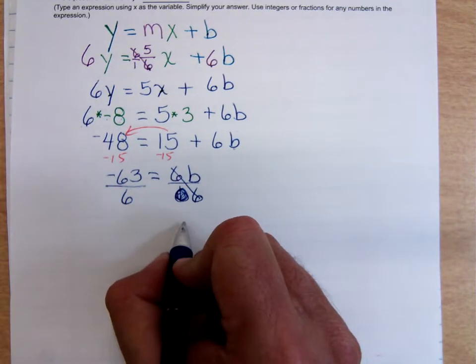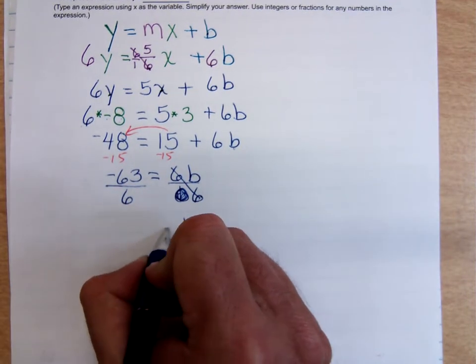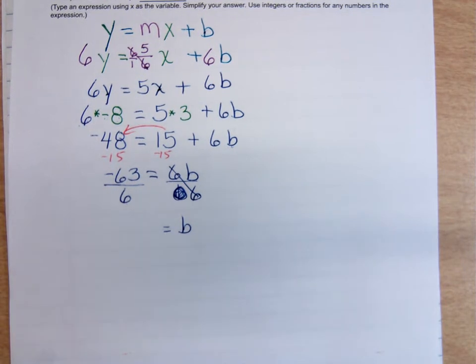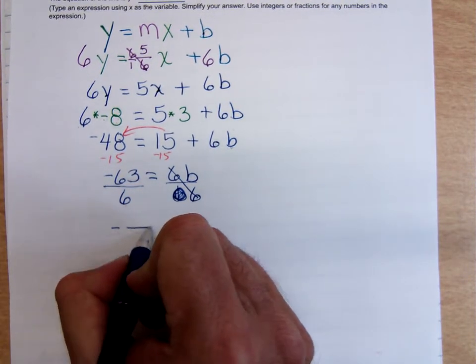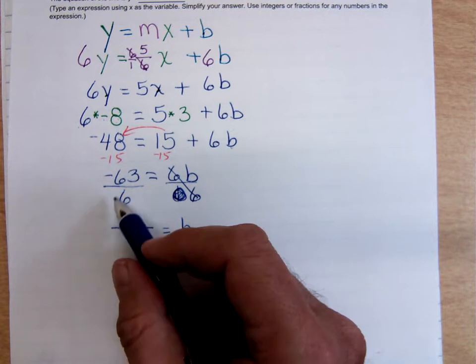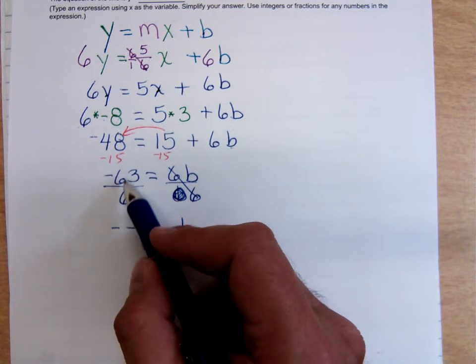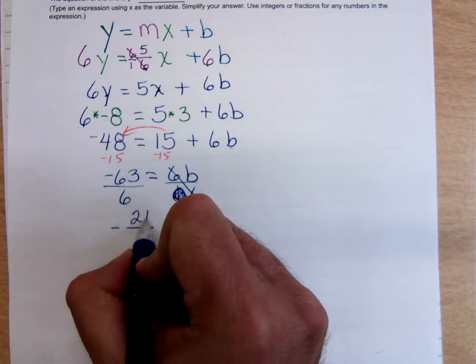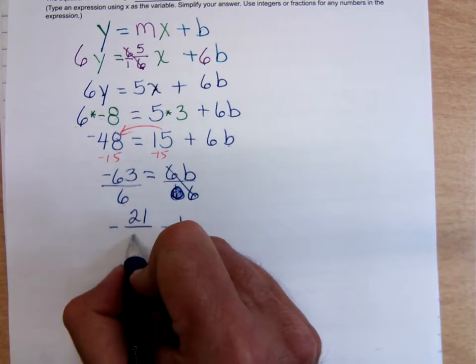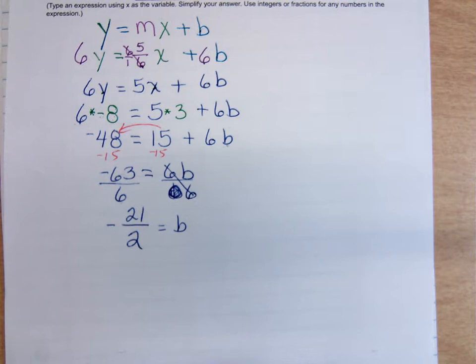And looks like we're going to have a fraction here. 6 doesn't divide evenly into 63, but I think we can reduce that a little. Can I divide both of those by what? 3? If I divide above and below by 3, is that going to give me a 21 on top and a 2 on the bottom? So